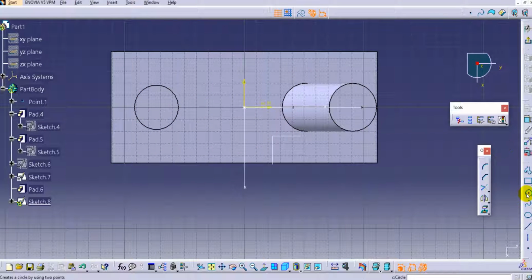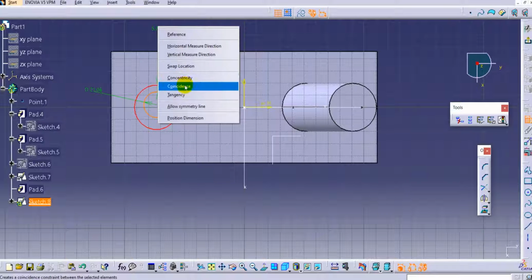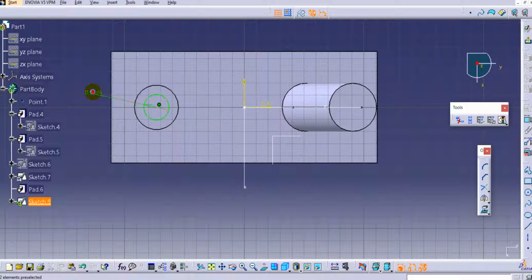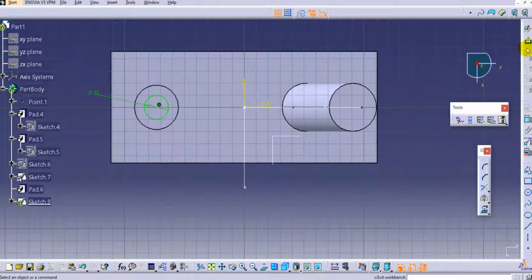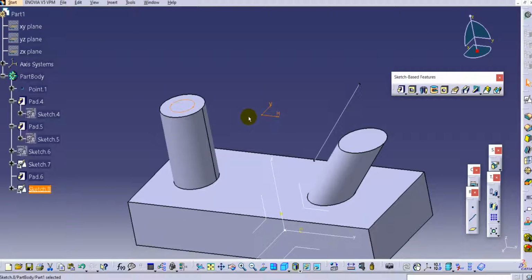Here we'll create one circle, provide the radius or diameter, and make it concentric. Make it concentric, and here we'll provide a 20 mm diameter and click on exit.